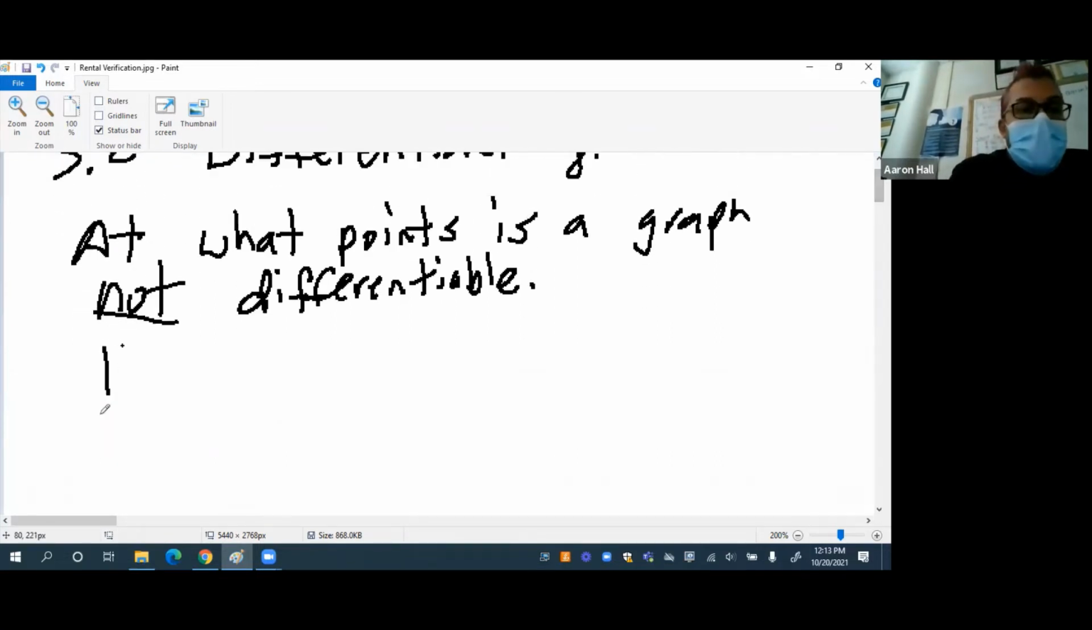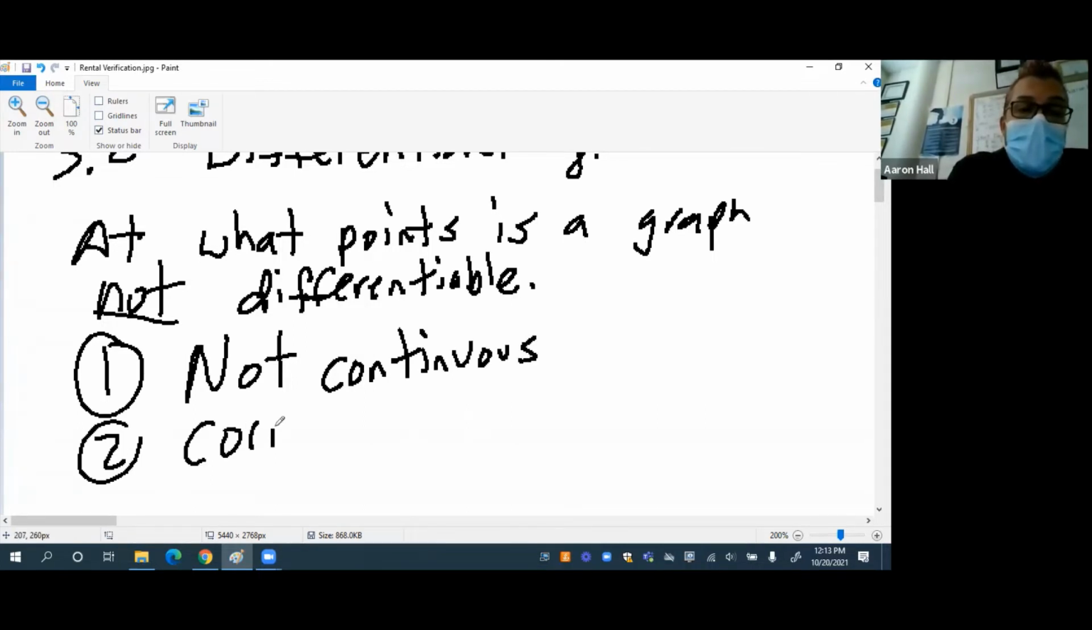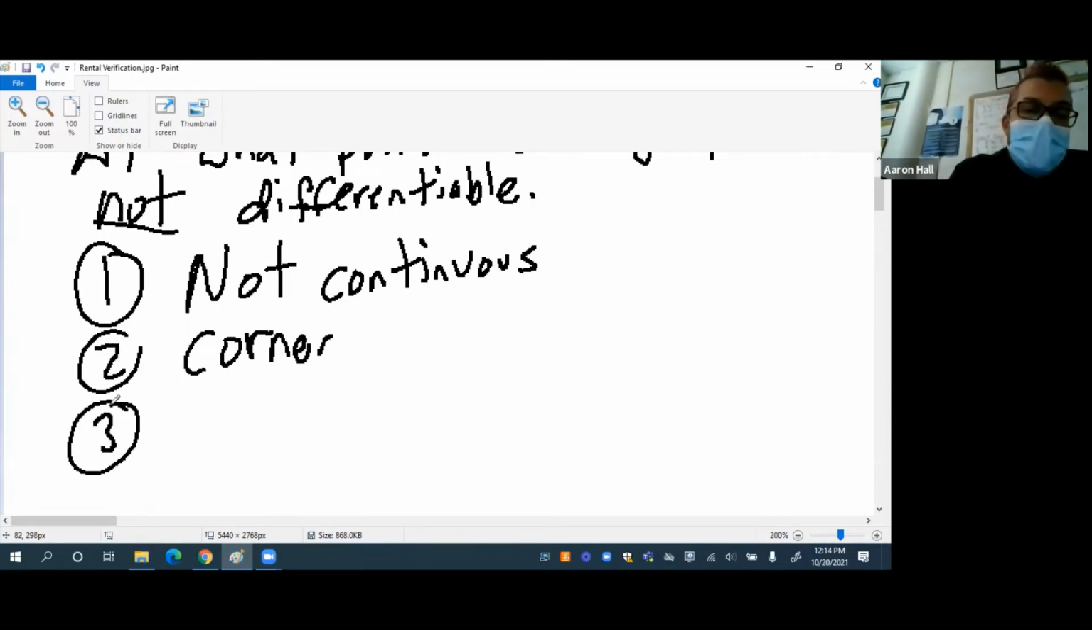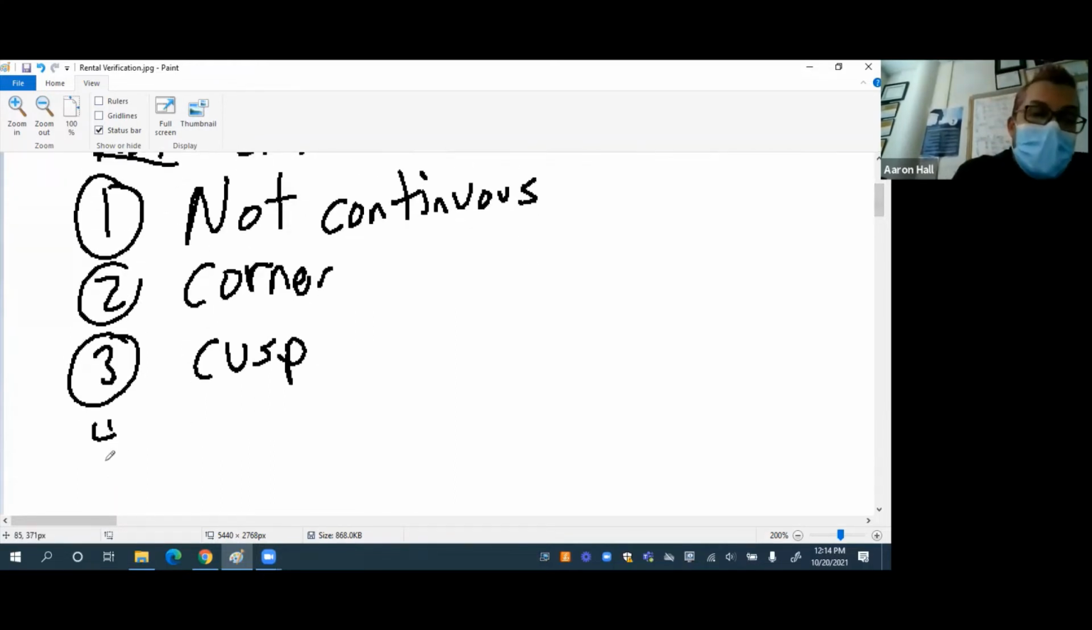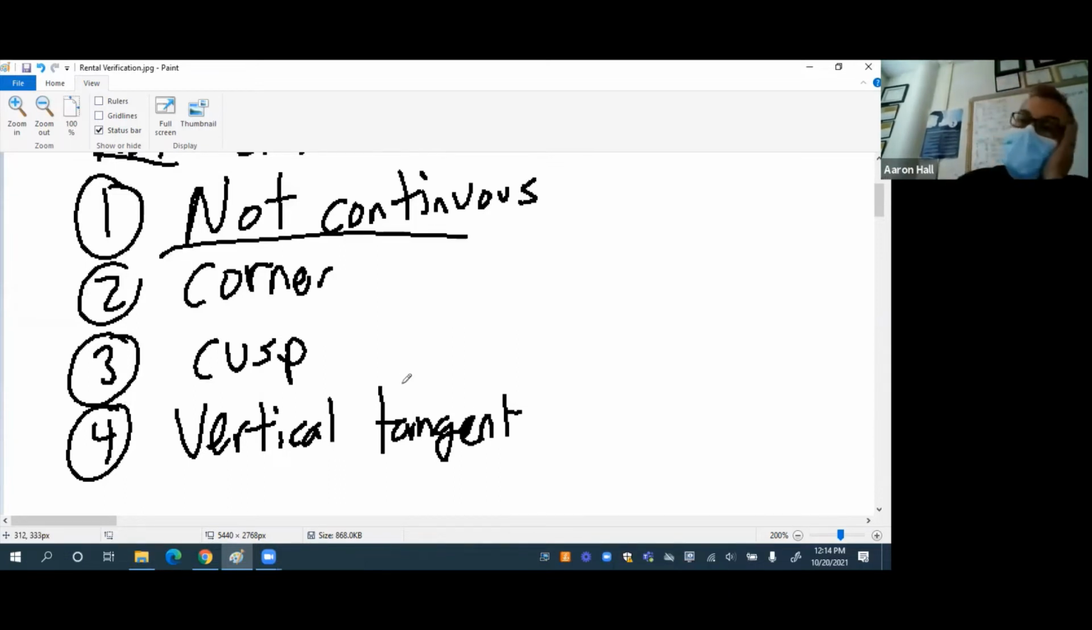Where it's not continuous. Yeah, not continuous. I heard 2 of them. So not continuous, a corner, a cusp, which is really sort of the same concept, and a vertical tangent. Now, here's something, since we brought up not continuous, at points that are not continuous, well, now that